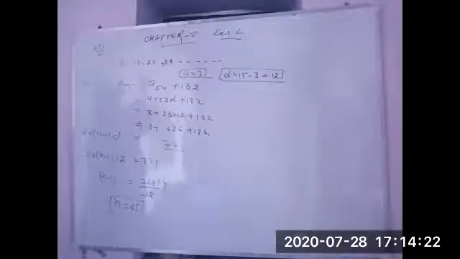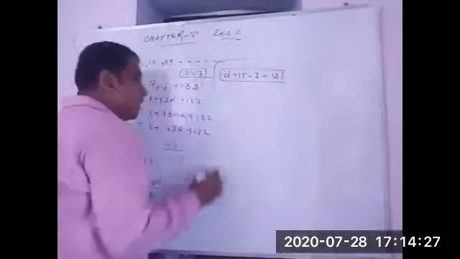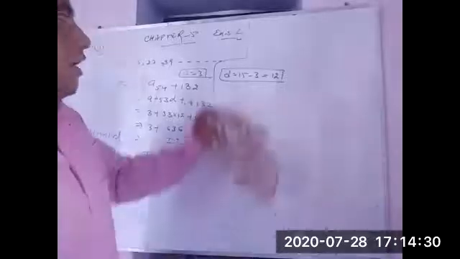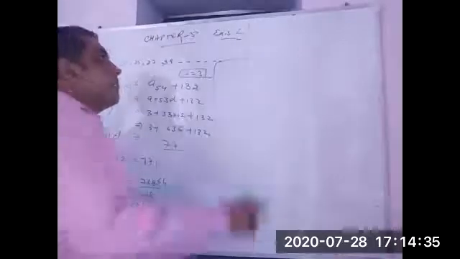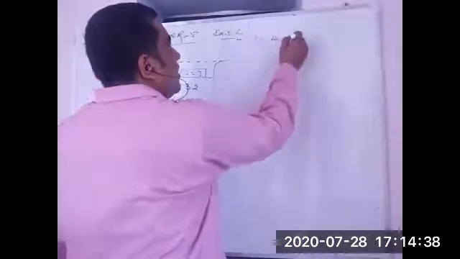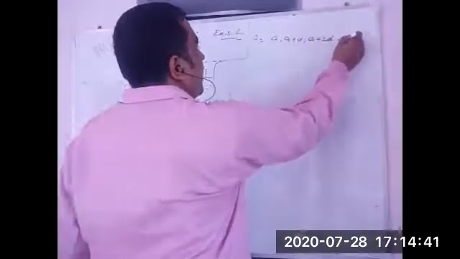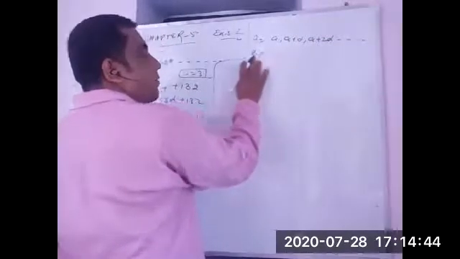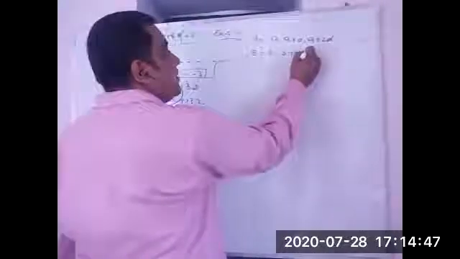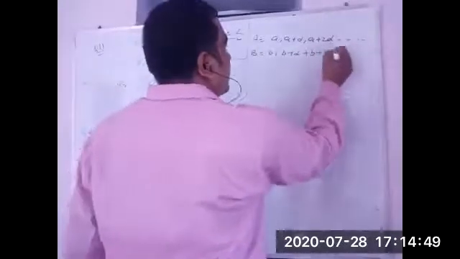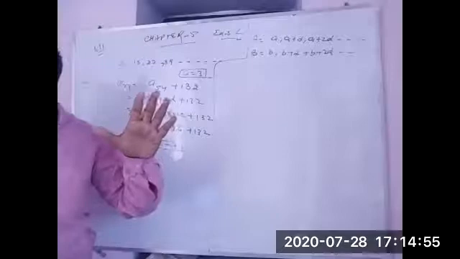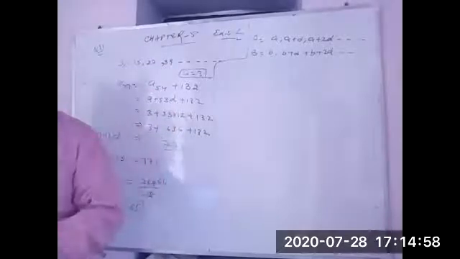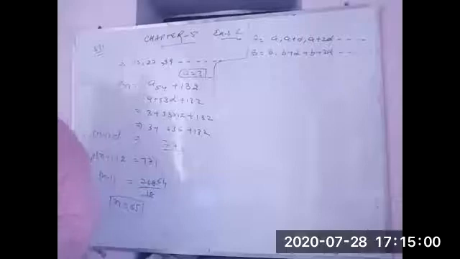Now question number 12. Two APs having the same common difference. We have two APs here, and these two APs have the same common difference. One AP we are writing as a plus d, a plus 2d, and so on. The second AP as b plus d, b plus 2d, and so on. I have taken d the same in both, not d1 and d2, because the question tells us that d is the same in both.